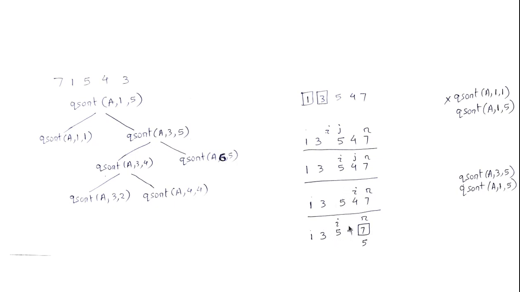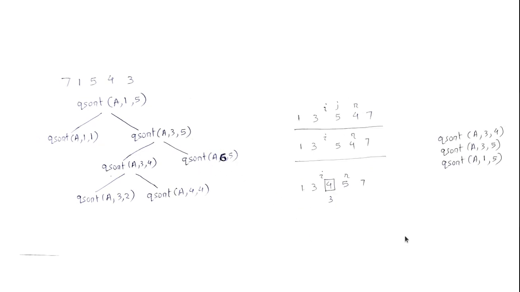Left subarray contains 2 elements, right subarray contains 0 elements. So we got this call for that. Again, let us come here. Now we are left with only two elements, that is 5 and 4. This was chosen as the pivot, and it got its position, that is index 3. It is also fixed,